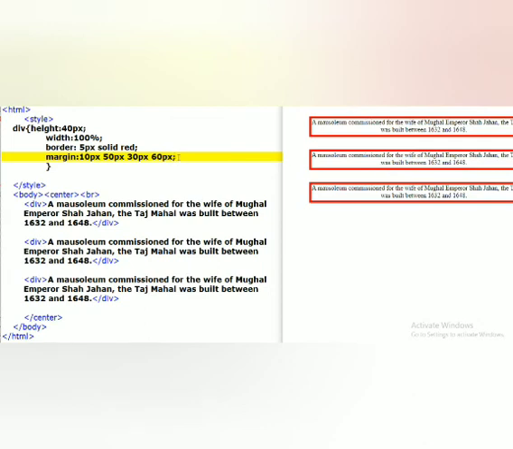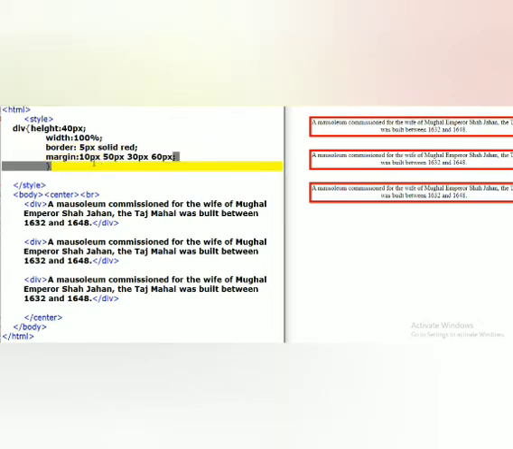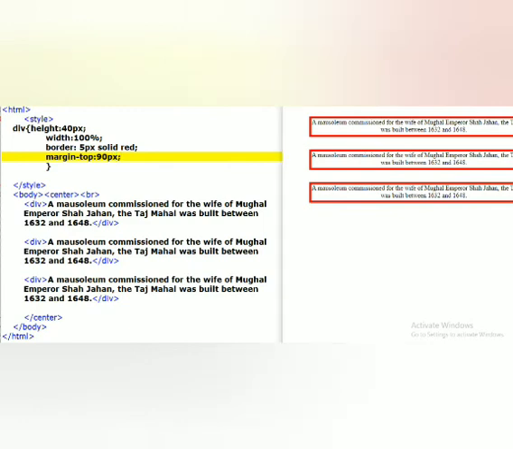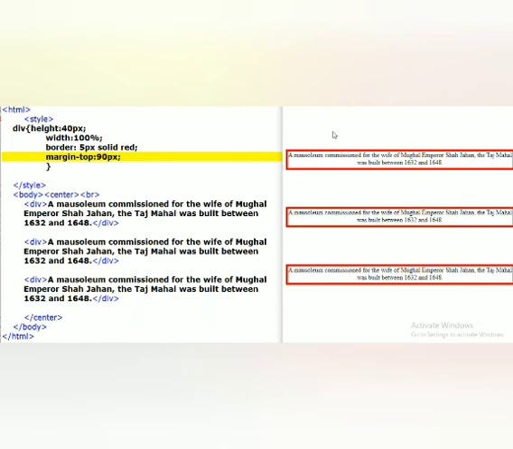Next one is, you can apply a specific size for specific sides with the name of that side with a margin property here. Margin hyphen and the name of the specific side we can write here. Margin-top, so 90 pixels I am applying, only top side it will apply the 90 pixel margin. See, left side there is no margin, right side there is no margin, only top side I am applying 90 pixels for all the division tags.